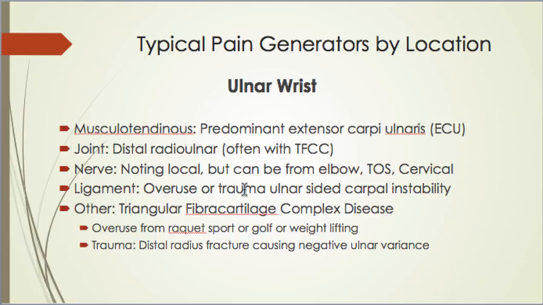And the ligament, you can have overuse or trauma causing ulnar-sided carpal instability. I believe I have this, and I'll let you guys be the judge if you want to feel that tomorrow in class, what that feels like. And then we have that triangle fibrocartilage complex, often from overuse like a racket sport or golf or weightlifting or something of that nature. And then finally, this structure can be irritated and compressed if we have a distal radius